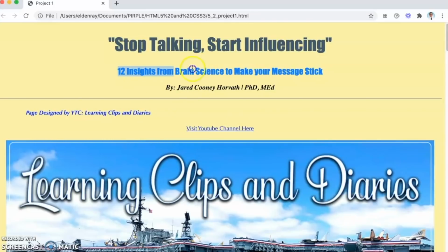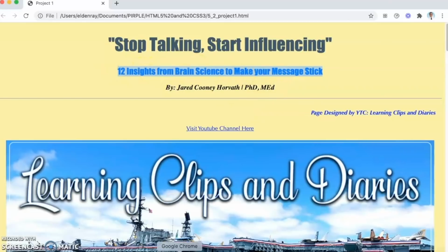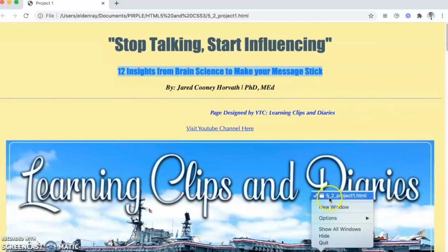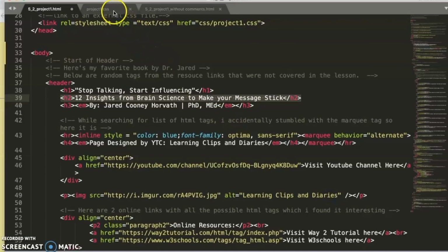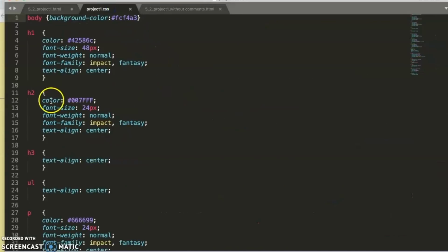And the color is actually, you notice that there's some color there. If it's just plain HTML, there's no background color. The text is just plain black and white. So I actually used CSS here. So let me open the CSS tab. Alright, so the blue color there is actually this one here, H2. Okay, as you notice, there's this color, and this is actually hexadecimal code,